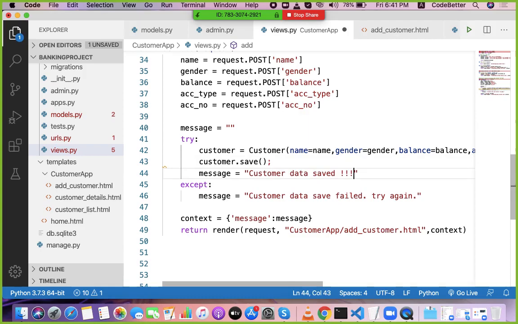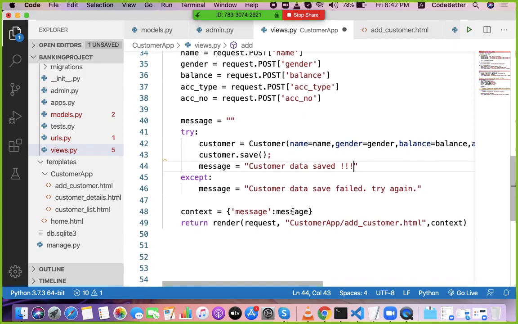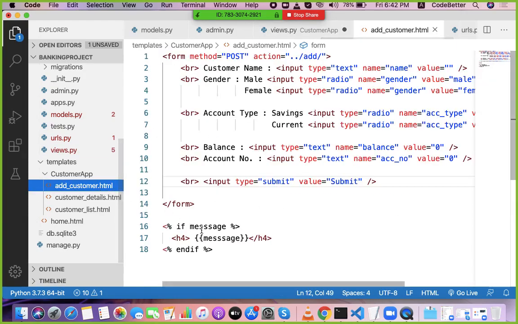And if there is any failure due to any problem, then the message is customer data save failed. We forward this message to the same form, add customer. So when it is forwarded to the add customer HTML, that page checks if the message exists, and if it exists, just displays it inside the H4 tag.